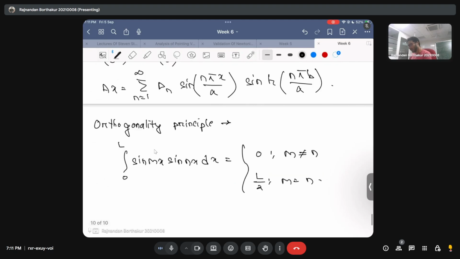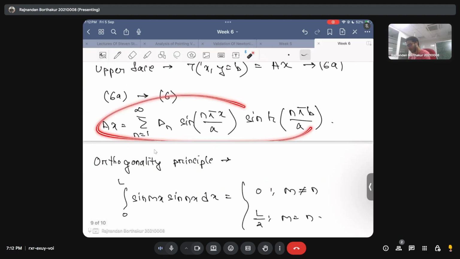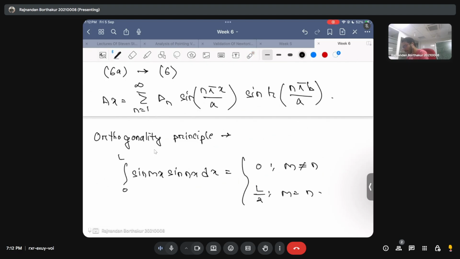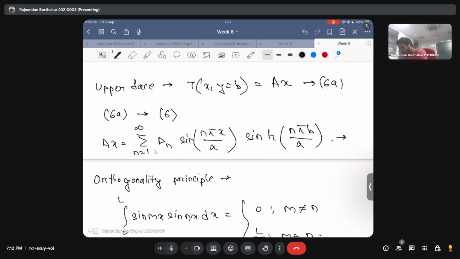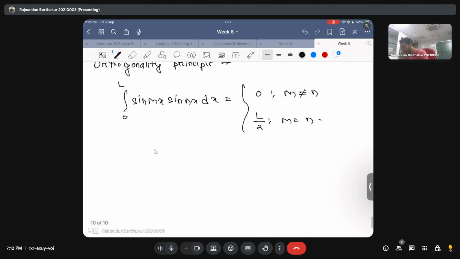I hope you can understand that when m becomes equal to n, this value will just come out to be L by 2, and in all other scenarios, for instance when m and n are not equal, this integration would just be equal to 0. So we will use this principle, known as the orthogonality principle, on this form of the series expansion in order to evaluate these weight functions, or the constants dn. In order to use that, maybe I'll call this equation 6b, and what I will do is multiply